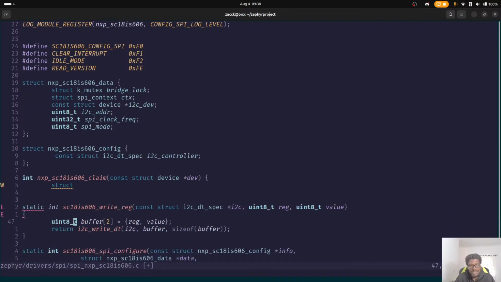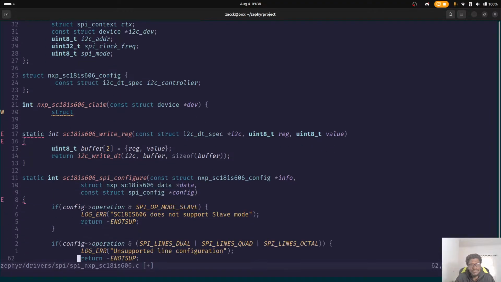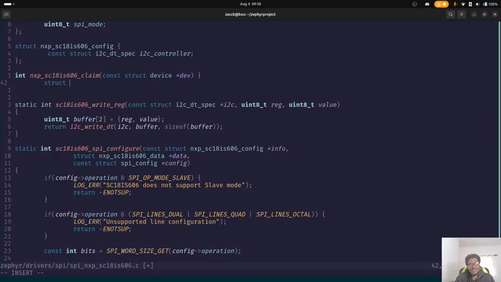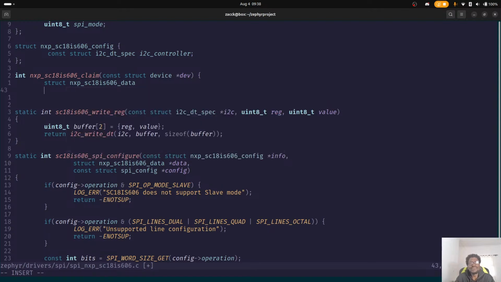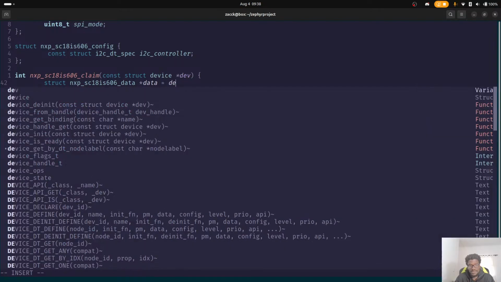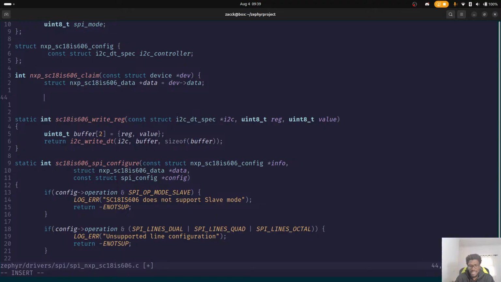How can I forget this already? Anyways, struct NXP data equals device, and then in the device we will get data. So we have that, and then from here we will do return. It's that simple. K mutex